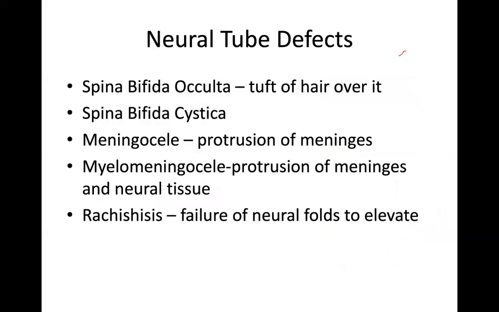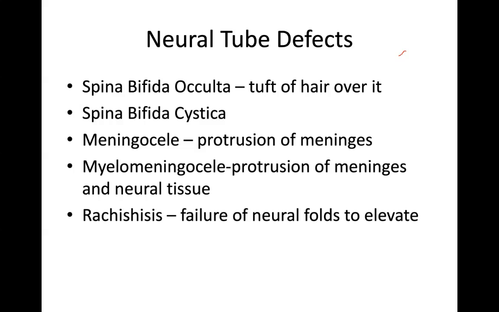Now, you've done in your general embryology a group of anomalies which are known as NTDs. They are called neural tube defects. Now we just talked about the neural tube. The neural tube is coming from neuroectoderm, which is a layer or a sheet which separates from the ectoderm, and then it folds and forms the neural tube.